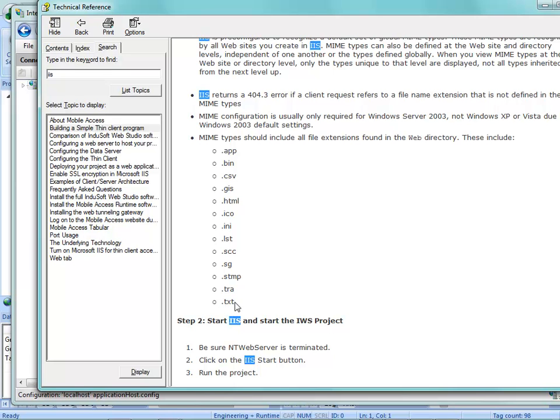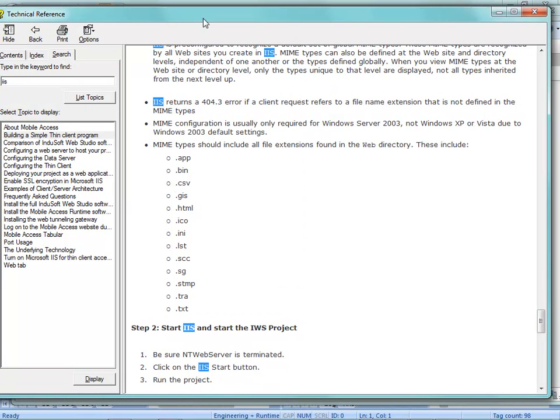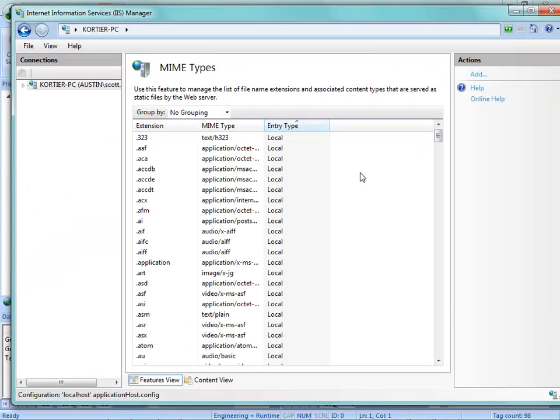Now, quite a few of these, probably around half of them or maybe a third of them, are already going to exist, like I just showed, already exist in my system. They may be associated with something else, like .txt is probably associated with Notepad or something like that. .csv might be associated with Excel. Go ahead and just click on OK. It's okay if it's associated with something else, but the real important ones are the .scc, the .sg, and those probably won't be associated with anything else already. So just go ahead and add all of those,